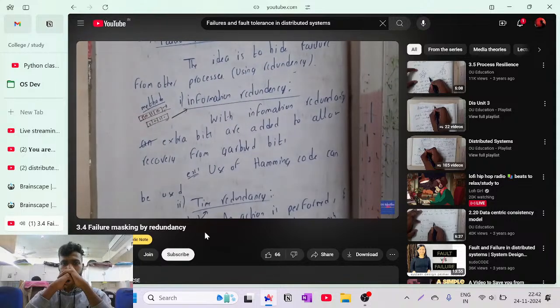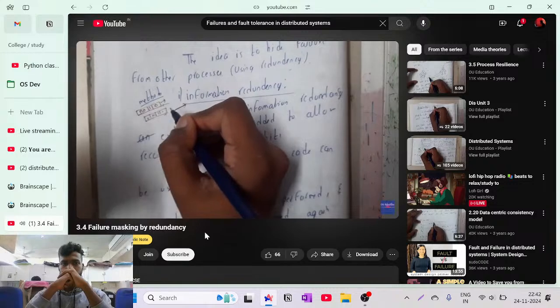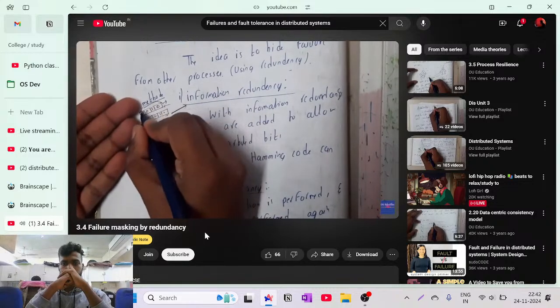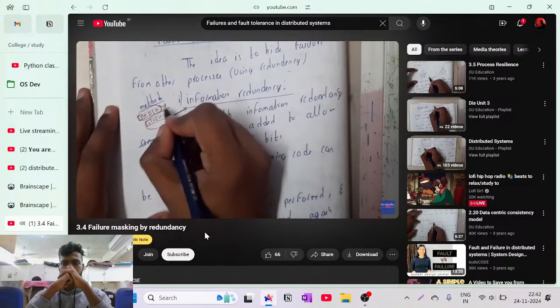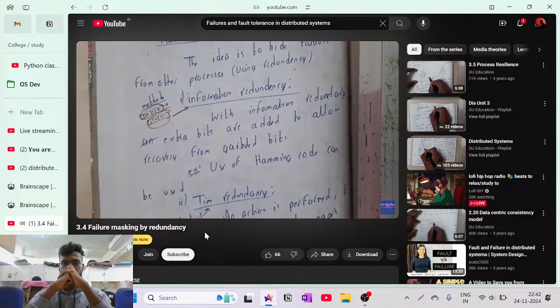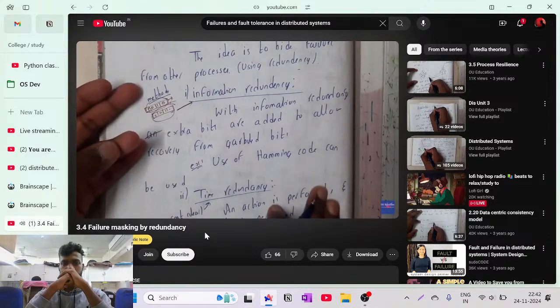That's it. There is no specific thing for them, but they help in correcting the message, guys. So if this message is corrupted, this will help. This combined will help in resolving that issue. So that is the use of this Hamming code, guys. It is used in error correction and error detection also.